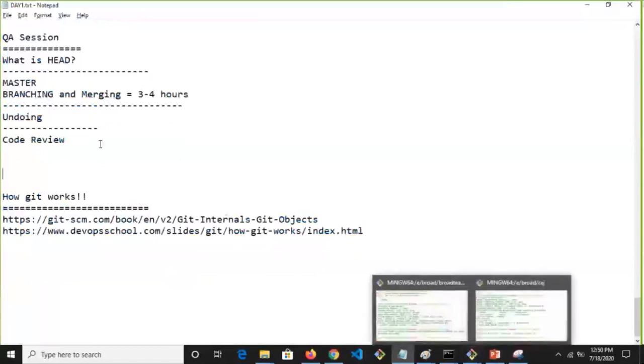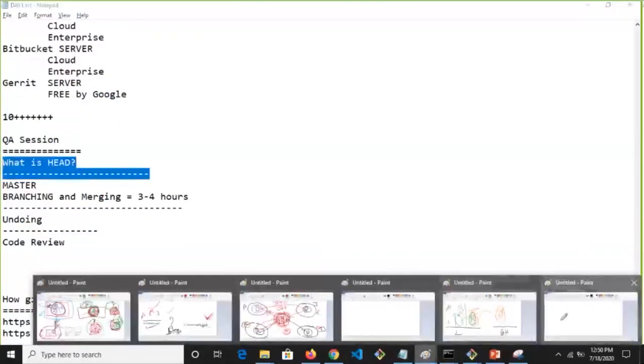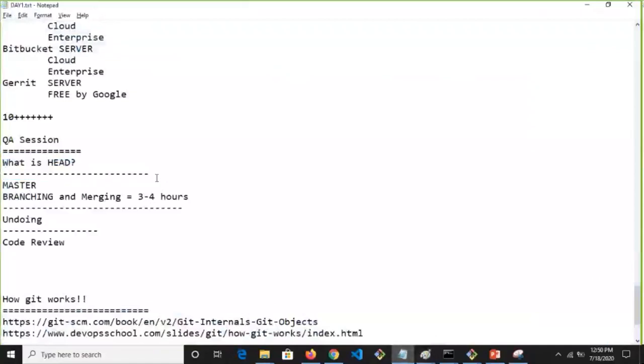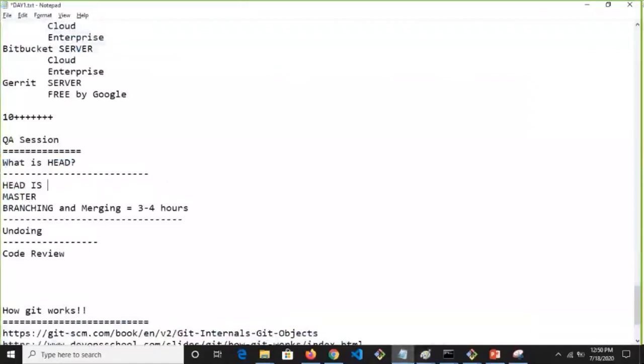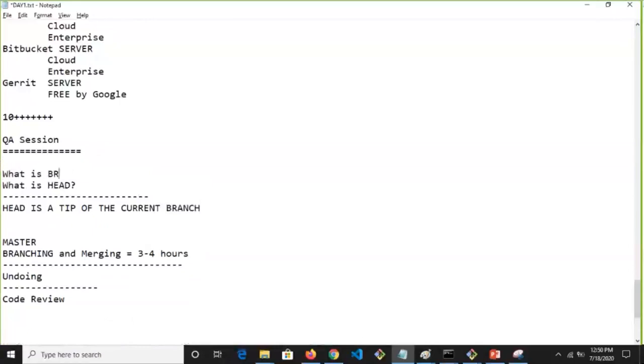Now the question someone asked me: what is head? Head is the tip of the current branch. Some of you might be asking, what is a branch? So let's go back to what a branch is.